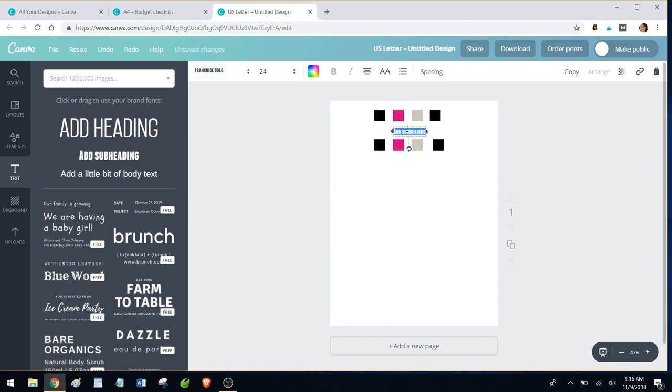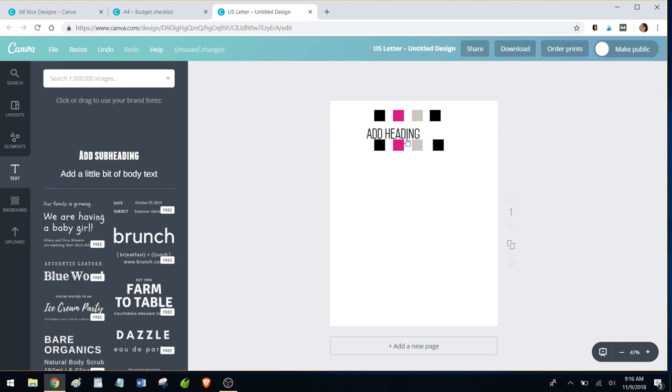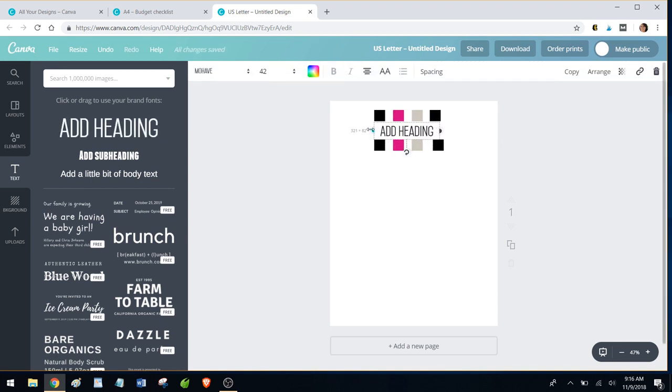These are some fonts that I've hand-picked. Maybe I'll add the actual heading. So you just kind of click and drag. Grab what you want. I'm going to line this up to the edges. I'm just going to stretch it to the edges of where my squares already are so we can line it up well. And this is going to be called our monthly, sorry about that, budget